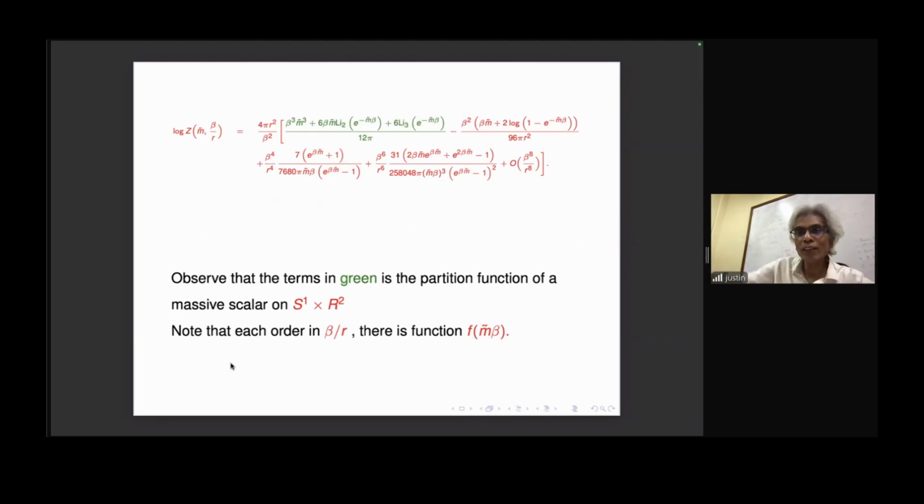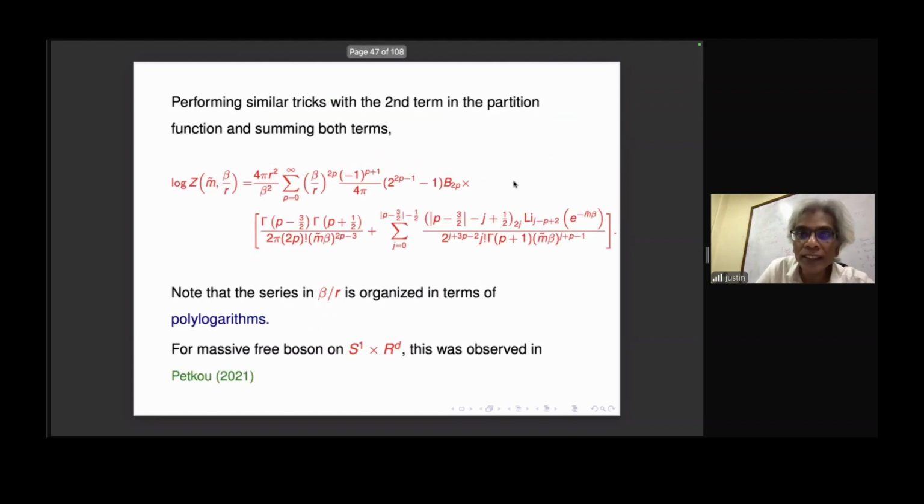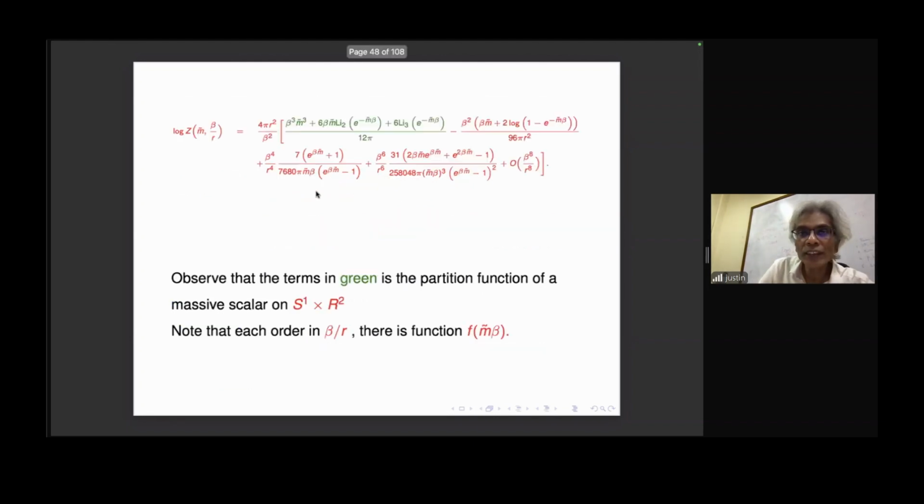If you expand this out as a power series, you can see the power series 1 by r structure here. You see this? Yeah, this is the 1 by r structure. And if you expand it in terms of 1 by r, this is the first term which is familiar, which people who do this model on S1 times R2 know. This is the first term in its partition function. You see it is extensive, R squared, the green is the first term. And then here is a 1 by r kind of systematic expansion